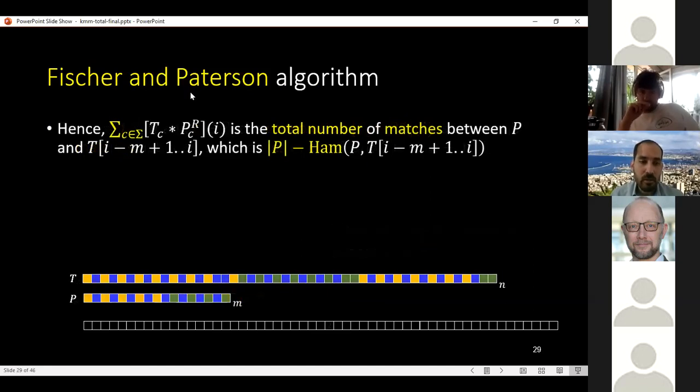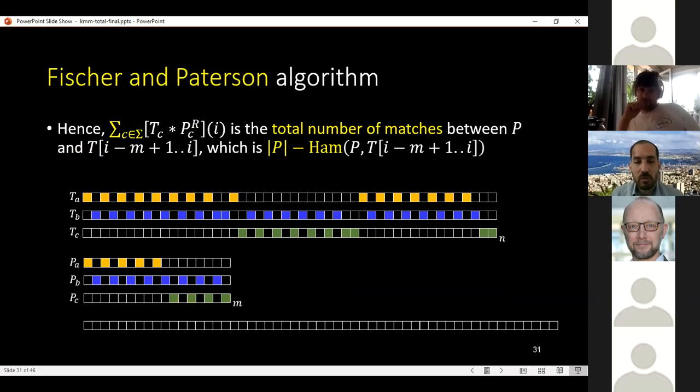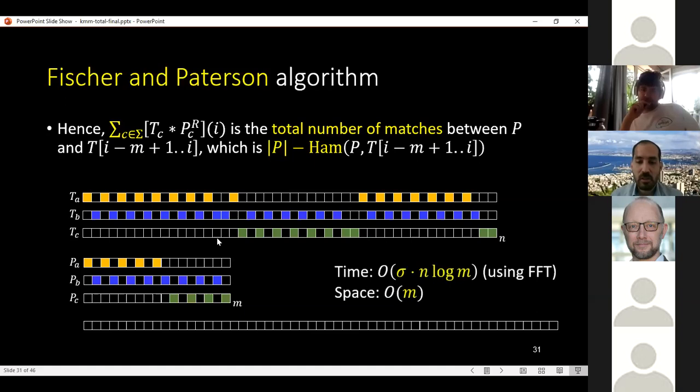And therefore, the algorithm of Fischer and Paterson is just repeating this process for all the characters. So we break T into all the characteristic functions related to it, and also we break P into these characteristic functions, and we multiply by pairs the functions of T and P, and this gives us a computation of the exact number of matches between the text and pattern at every offset. And we just need after that to compute the length of the pattern minus the number of matches in order to have the number of mismatches, which is the Hamming distance, and the total time of the algorithm of Fischer and Paterson is sigma times n log m,